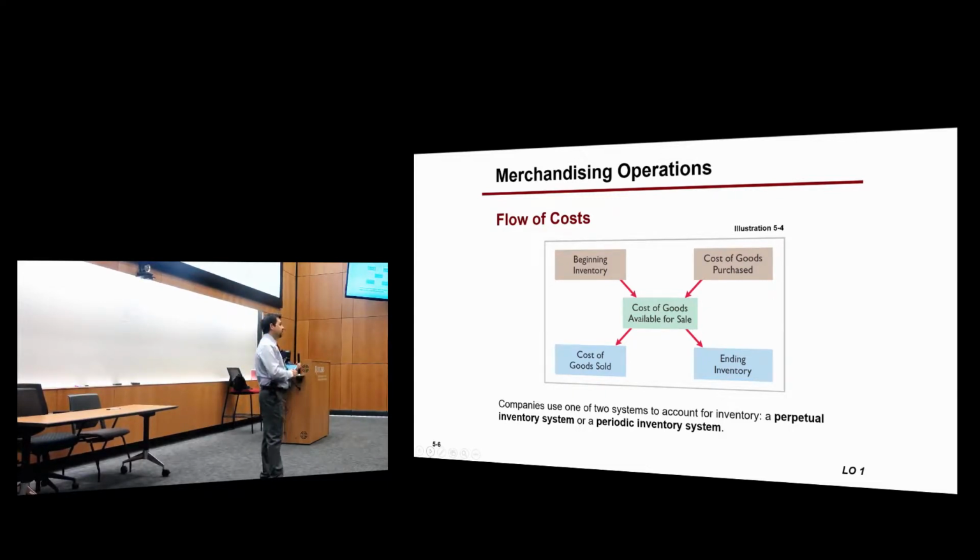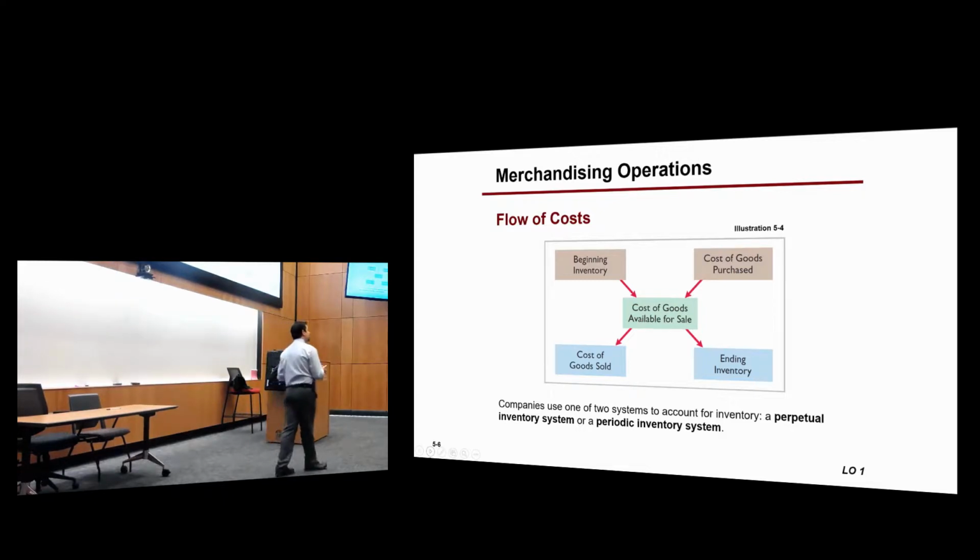Remember that the matching principle requires companies to match. So what's the matching principle? You match expenses with revenues. This is why companies have to match their sales and their cost of goods sold. Right? This is an expense that is directly related to the sales. How do you calculate cost of goods sold? How do you find out the cost of the goods that you sold?